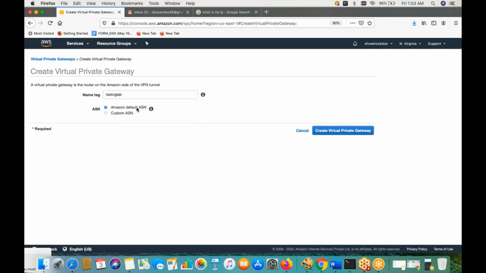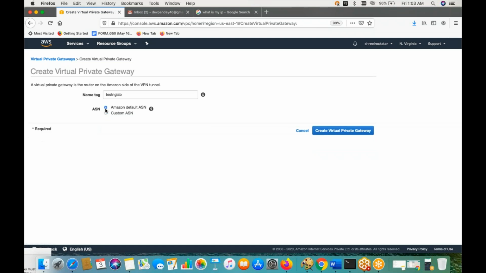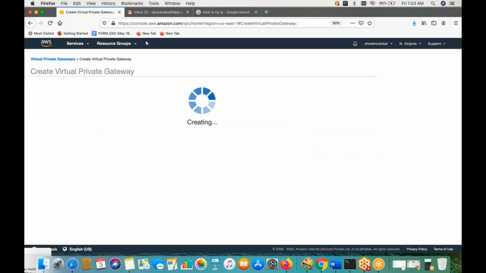So we always go with it, which is absolutely fine, and you get high availability here. If we have any other customized private ASN which we have purchased inside AWS, then we can go with it and provide the information here, right? But this is always fine for real time as well. Okay. Create the virtual private gateway.